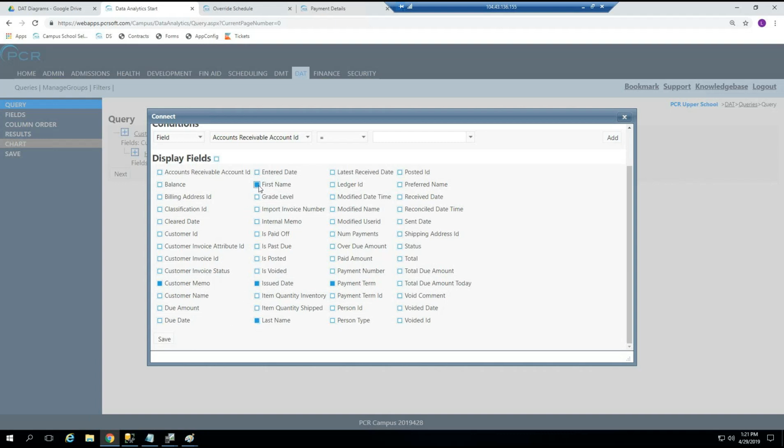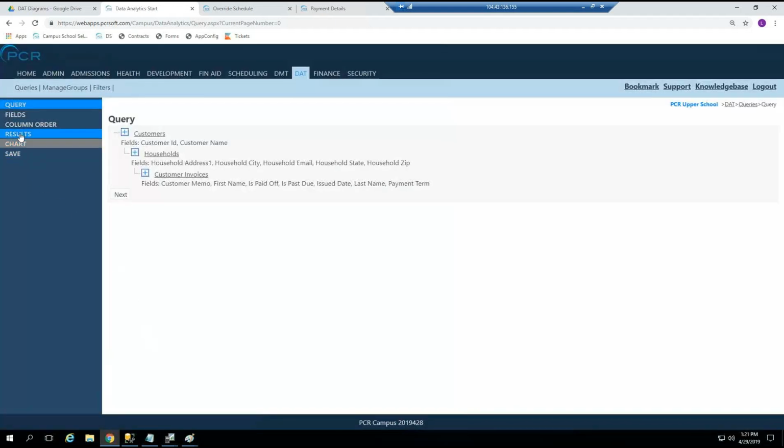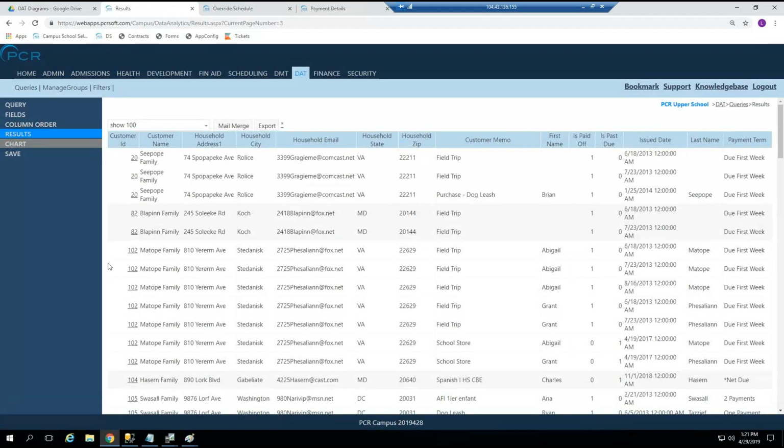I think that's all. No, I'm also going to check off is paid off. I want to see which invoices have already been paid off. Maybe I also want to know which invoices are past due. So I'll keep these items and then I'll go ahead and click Save. And then I'll click Results to make sure that my report produces some sort of data. So I see that this family has 3 different invoices, and then it tells me the memo of each